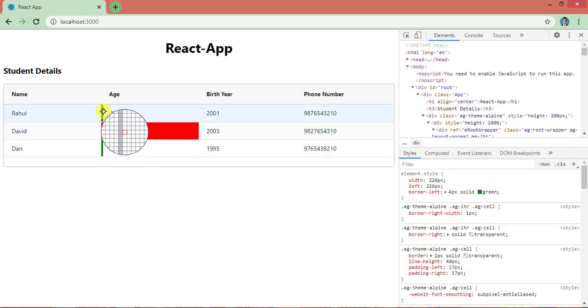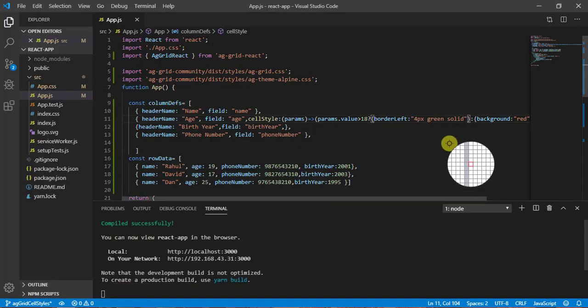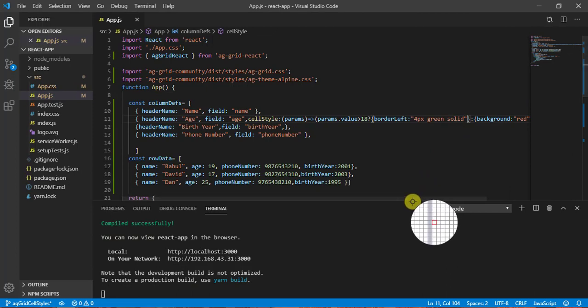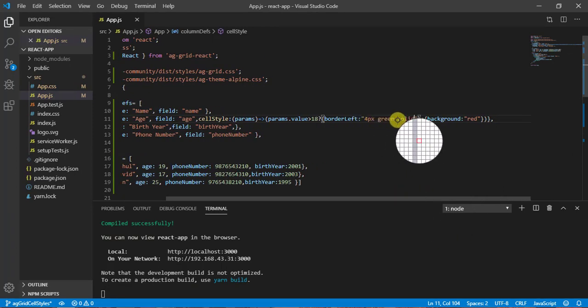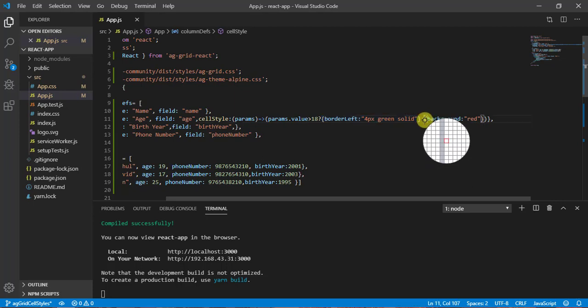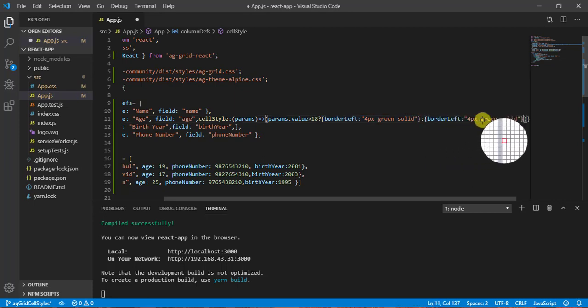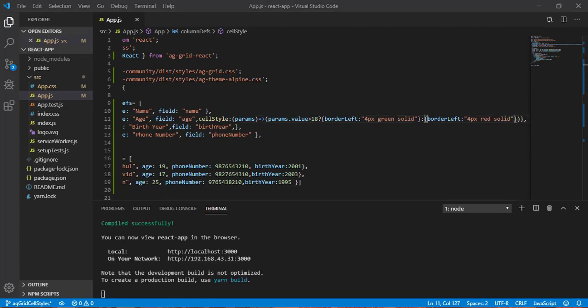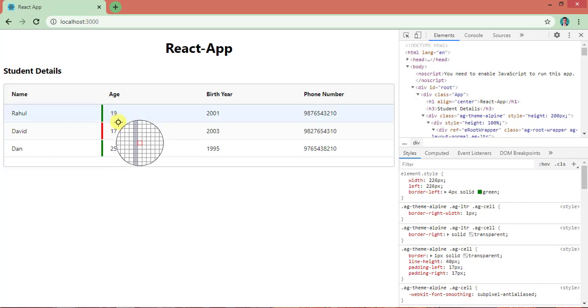So you can see here I have this border, which is indicating that this is green. Now if I want to do the same here as well, I need to do the same thing, but here I need to provide this color as red. That's it. So I can copy the same thing here, paste it here, and make this value red. Now you can see here, this is how it's working right now.